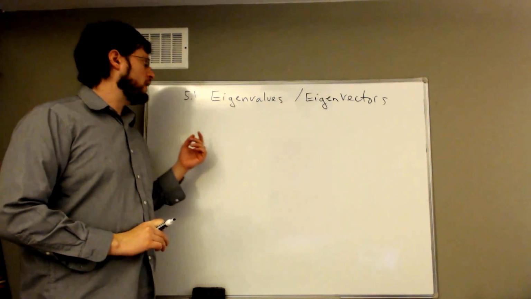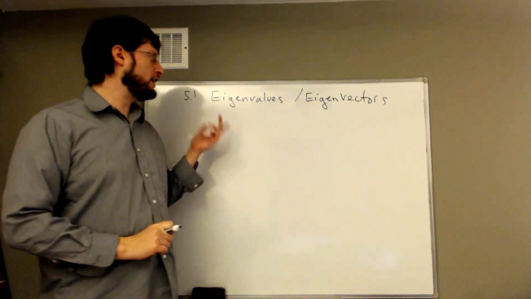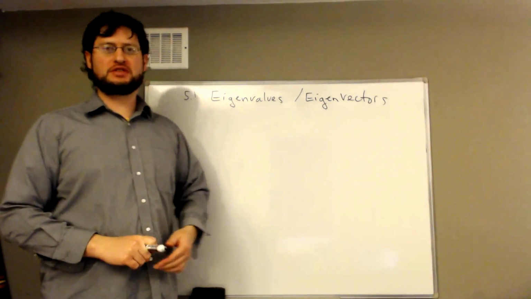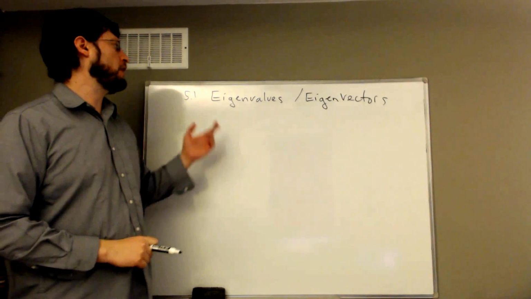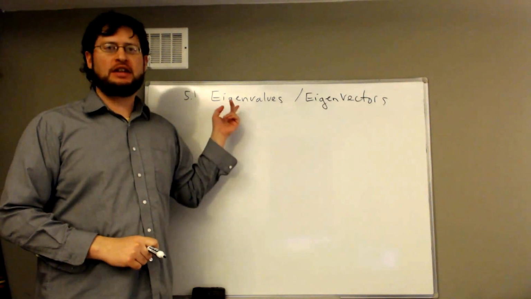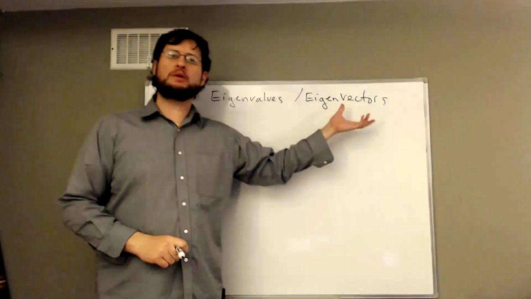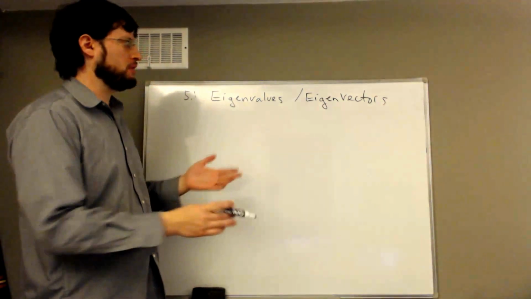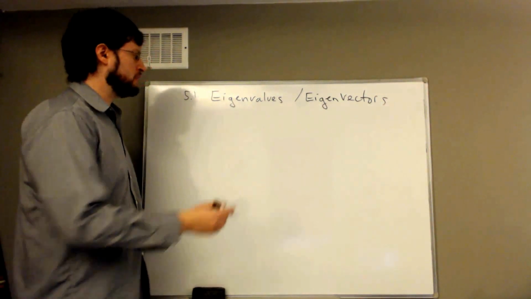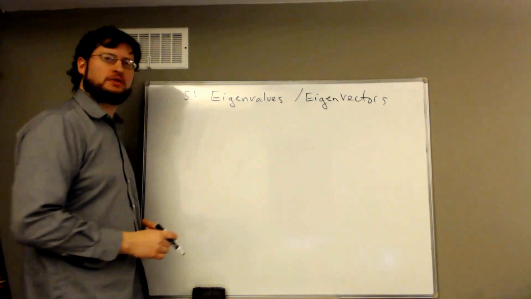Okay, so today we're going to look at section 5.1, eigenvalues and eigenvectors. These are some funny sounding words. This is how we pronounce it, eigen. So we're going to have two things that are very related. They really go together nicely, but in order to get there, in order to start, what we have to do